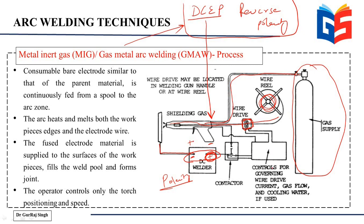polarity. Then there are certain controls for governing the wire feed. So these are basically the electronic controls for operating the system. So the consumable bare electrode is similar to that of the parent metal. So another important point to note here is that mostly the electrode is of the same material as the parent